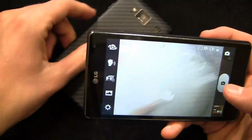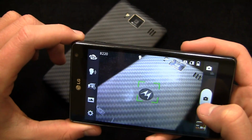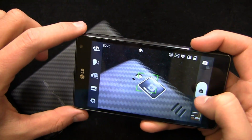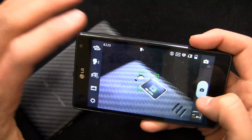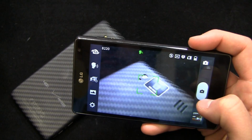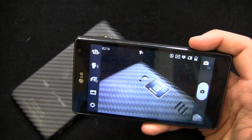Let's bring in the Droid Razr HD so you can take a look at it, and we'll use it for a picture test. So we'll come down on the, actually, you know what, we'll come down on the camera over here, and I can say things like this. Take a look at this. I have my voice feature turned on, so I can say LG, and automatically take the picture. I can say kimchi,